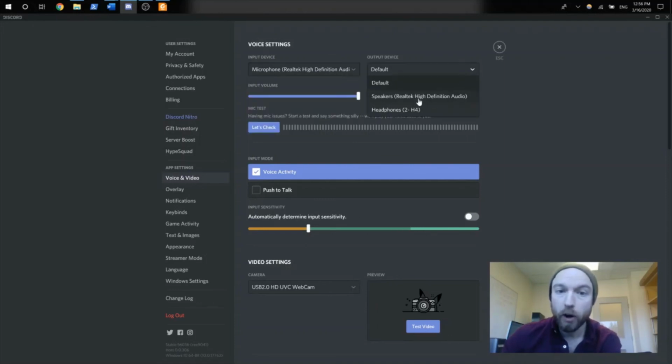Likewise, if there's different audio outputs that you have attached to your computer, such as these are the laptop speakers, this is the audio device that I'm using to record my voice right now, I can select which one of these that audio will be coming out of. So this is a very common thing to check if you're finding that you're not getting any sound or that people cannot hear you. I think that's going to just about wrap up